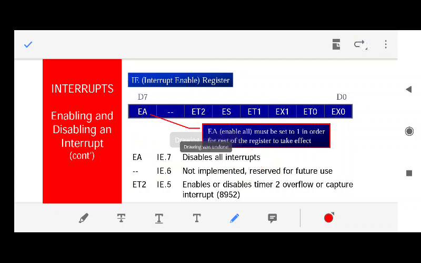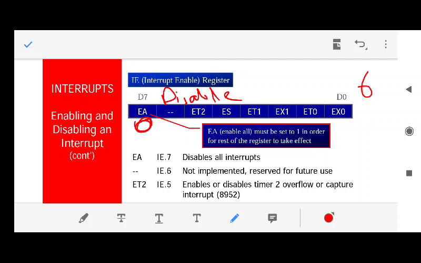It must be 1 in order for the rest of the register to take effect. Whenever this is 0, all the interrupts are disabled. You can disable all the interrupts at a time. Whenever the value of this bit is 0, all the 6 interrupts are disabled.